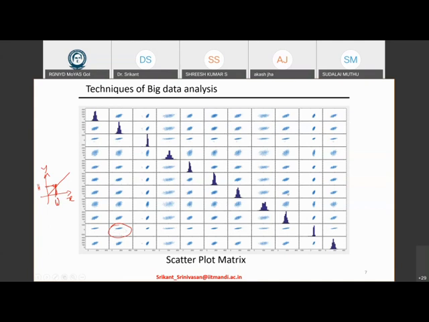Whereas if you look at some other traits like this one, then you can see that there is some correlation. As the x value is changing, the y value is also changing, but there is a lot of noise. So then you have to think about finding statistical descriptions to describe this data set. And this way you find out which traits are of importance to you. And then you have to be able to measure those traits in advance to figure out what is the yield of your plant in future.